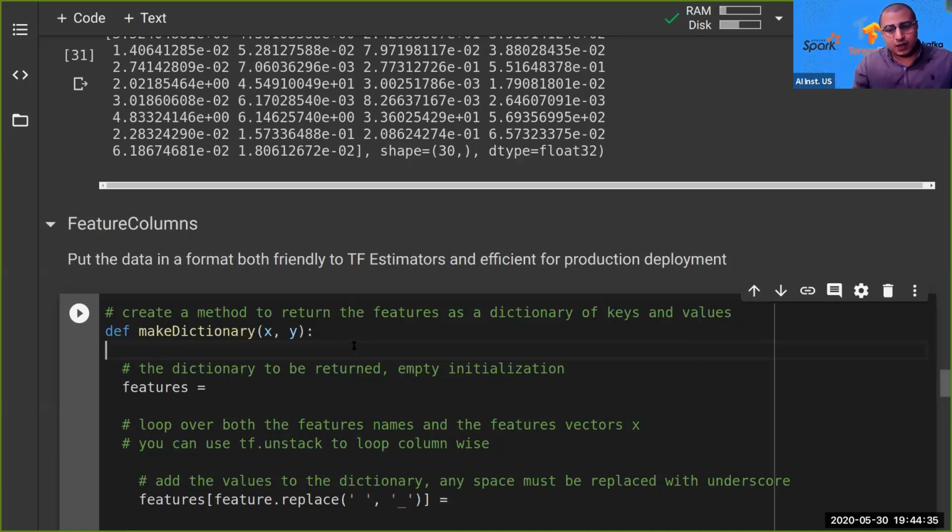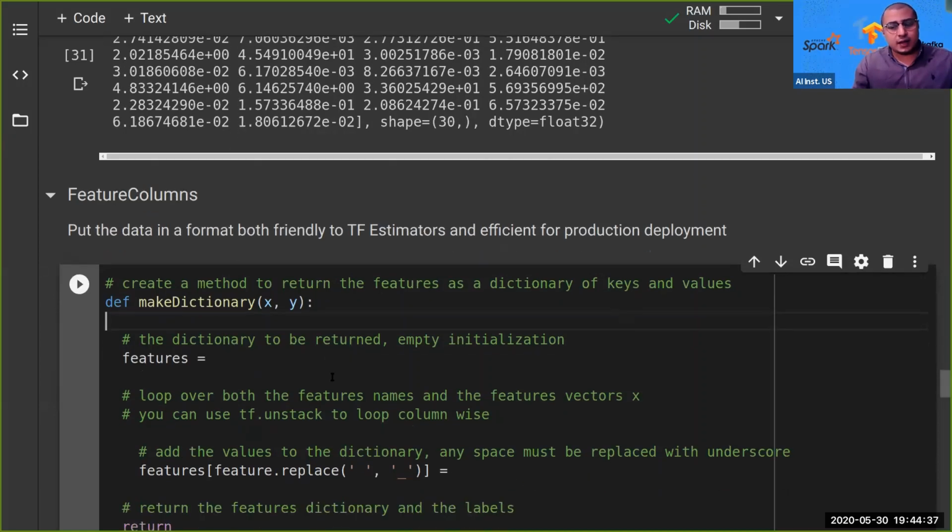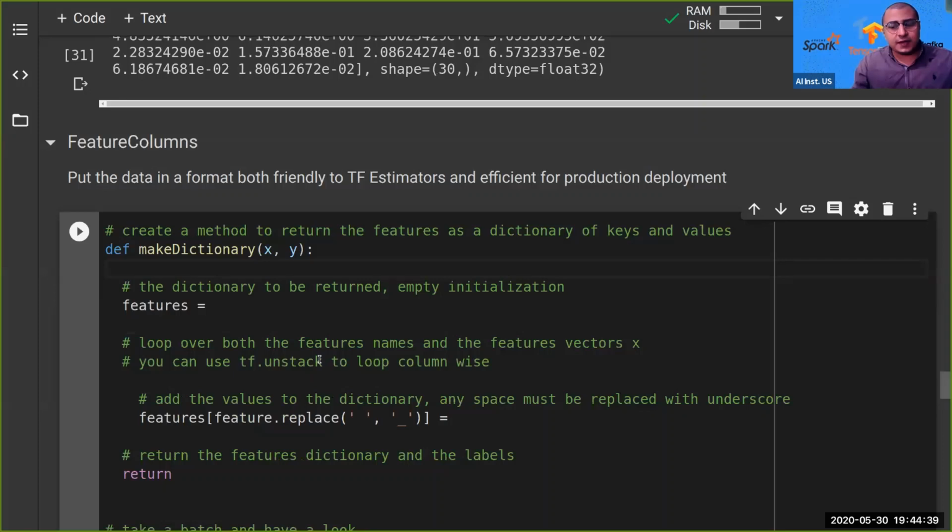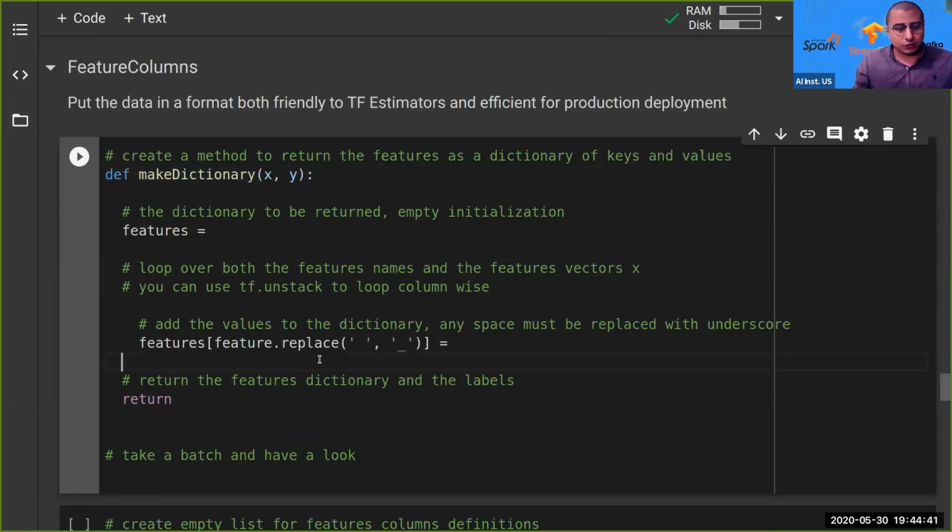Next, I will be working with feature columns. I'll say, okay, let's now convert our data into feature columns. So to convert the data to feature columns, we need to create a features dictionary. We'll define a method, make_dictionary, that will be triggered over all the batches of my data set. So I will say features equals